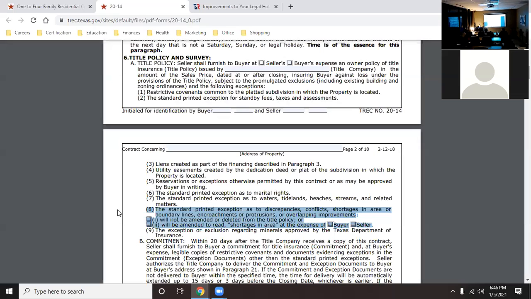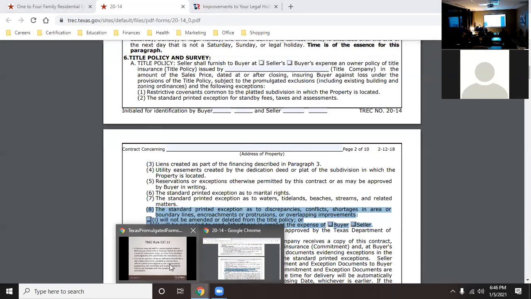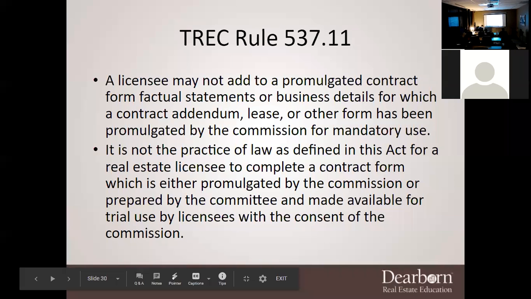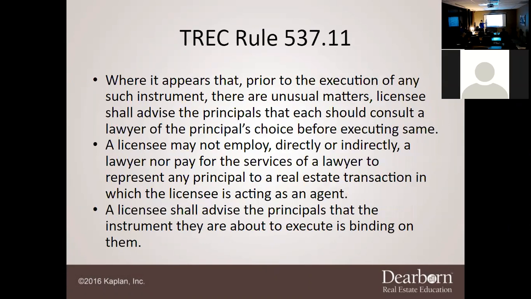So you have to understand when you're dealing with these situations that you've got to remember who the duty is to. But there is a legal hotline that is available to help you in case you're in that type of situation. Okay? All right. Did we go through this one? Okay, making sure. All right, next one.